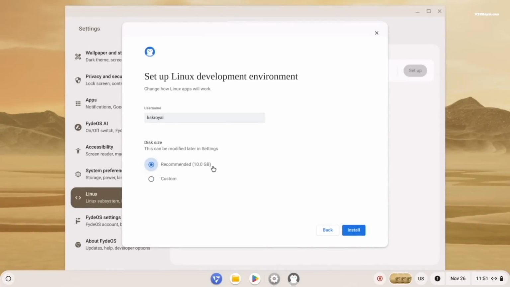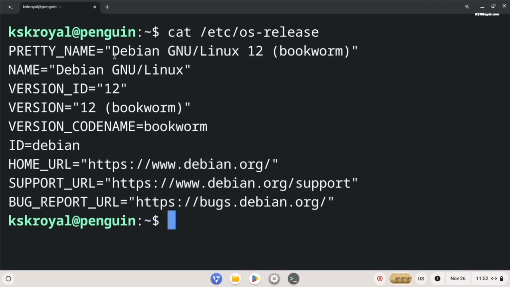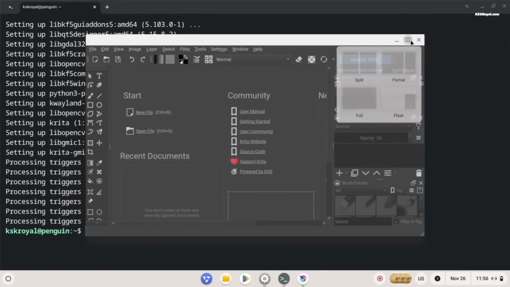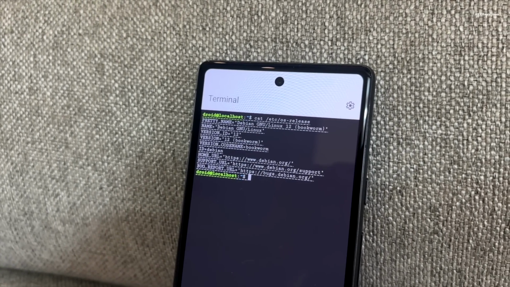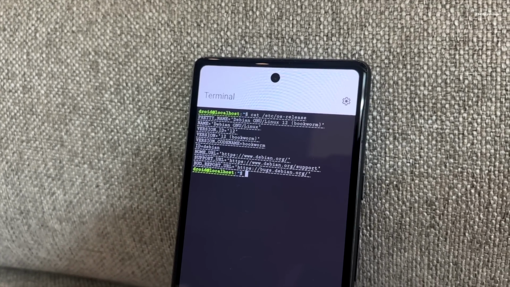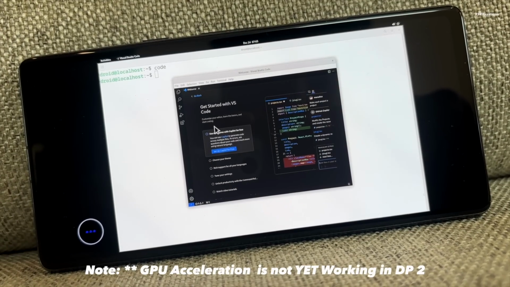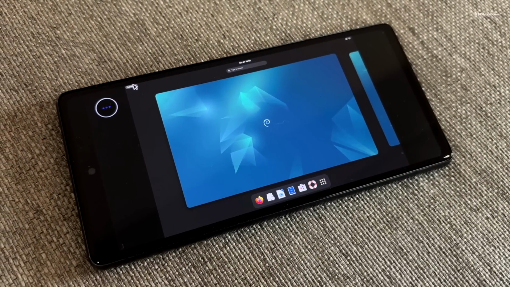Since Chrome OS includes built-in Linux support allowing users to run Linux VMs and GUI applications, it seems like Google is adopting a similar approach for Android. This is Android 16 developer preview running on my Pixel 7a. This update gets native Linux support with GPU acceleration, enabling users to run desktop environments like GNOME and KDE Plasma.